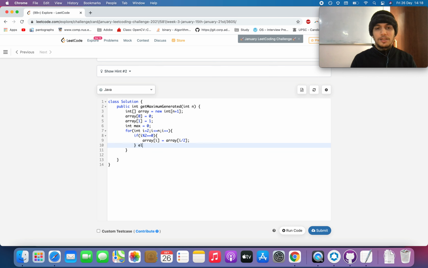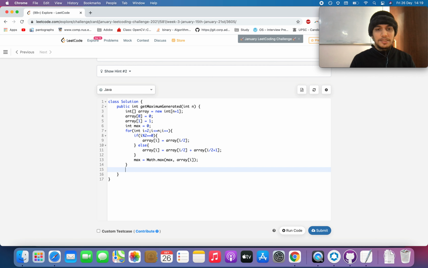However, if it is odd, then this value plus the value at the next index. Pretty simple, not a tough question today. And we need to get the maximum in this array, Math.max of max comma array of i. And once we are done with this, we'll return max outside.